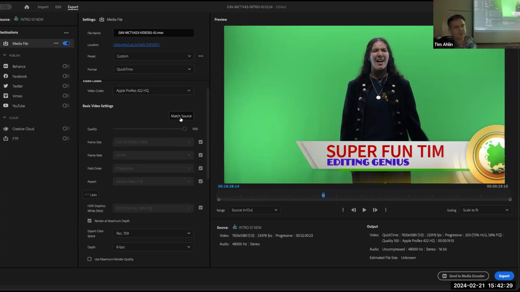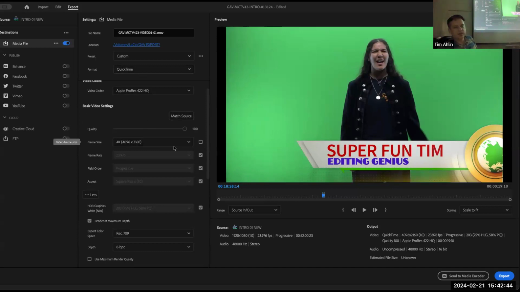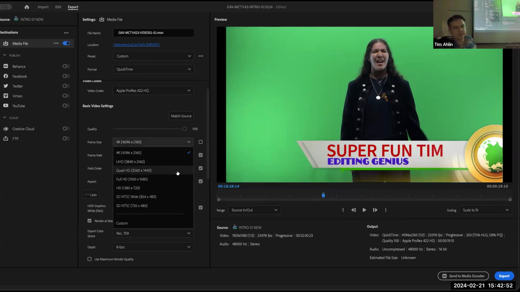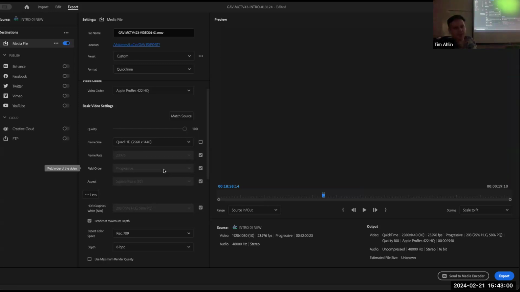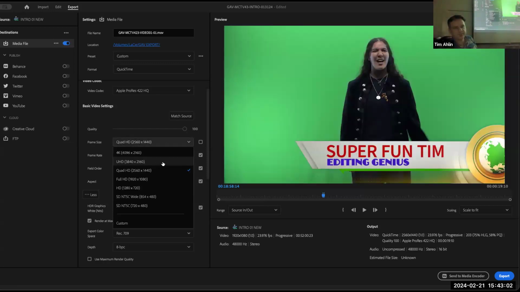What's interesting here is match source. Match source is on, so it's going to match and say my frame is 1920 by 1080, but guess what I can do? Look what I can do. I can actually change it, and okay, now it's there. What's notable is, look in our example, now there are black bars on the side. Well, what if I want to put it in standard def? It's fine. It's going to fit the frame, quad HD, whatever that is. Oh, see, that's better. That's 2K.